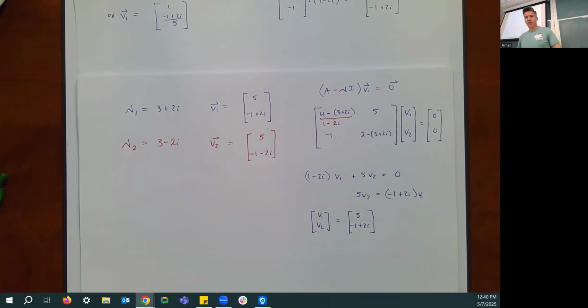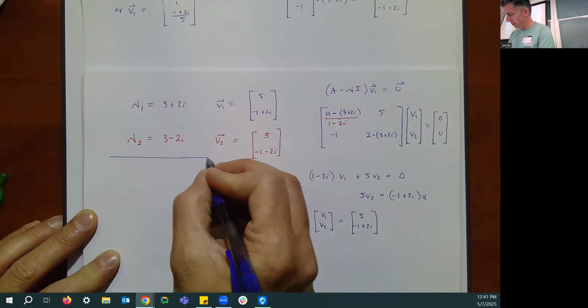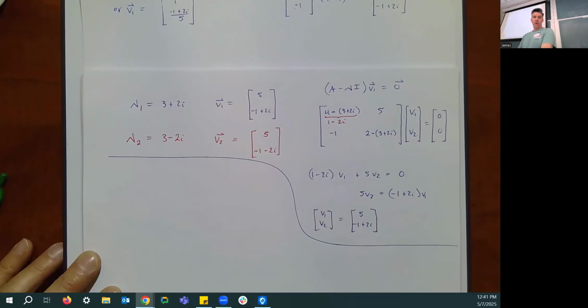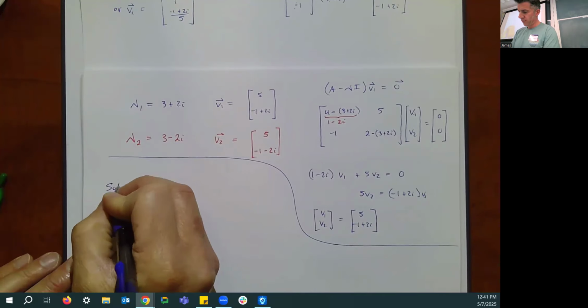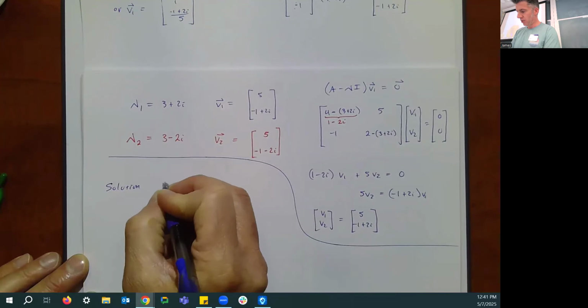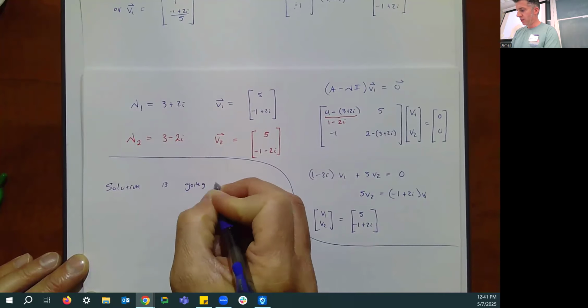Okay, so we've done all the fun parts. Now we're going to do the gross part. There are two ways of doing this next part, and I'm going to show you both. Here's the way we typically think of it, we meaning me and Grant. So our solution is going to be, we're really just going to